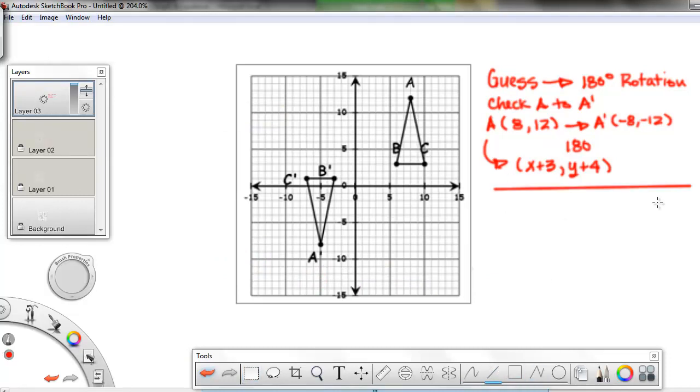Now we're going to check another point. It doesn't matter which one you check. I think I'm going to check C. I think C will be easiest to check. Remember, you always must check another point. Okay, C to C prime. C is at 10 and 3. So if I rotate it 180 degrees,